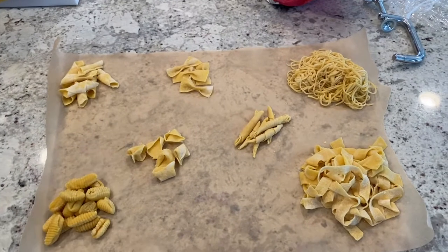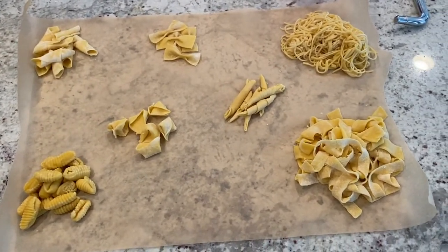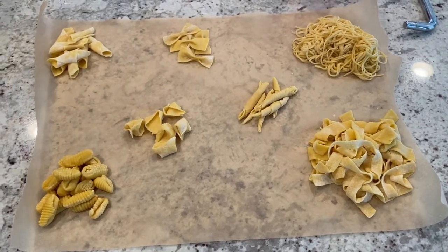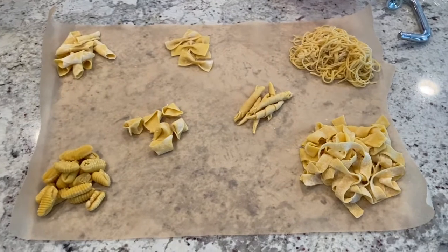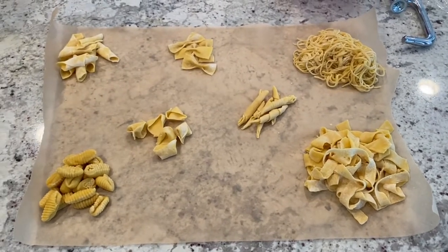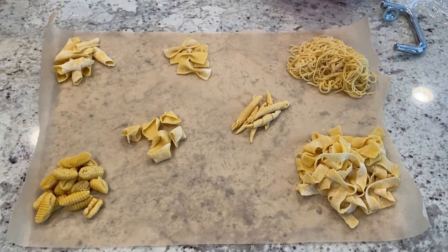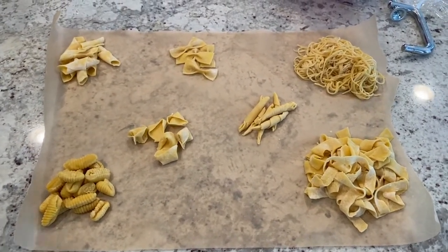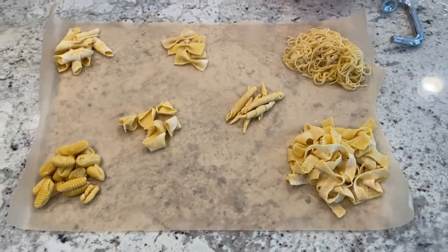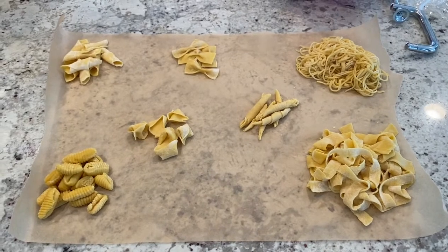One final thing for any pasta sheet, or if you have any leftover dough that you can use, all you need to do is wrap it in plastic wrap for the dough, or these can go in a Tupperware just with a little bit of flour, and you can freeze those for up to 2 months whenever you want to use them. The dough is good if you wrap it, you can freeze it and then just defrost it a day before you want to use it, or you can keep it in the refrigerator for 2 to 3 days if you plan to use it,